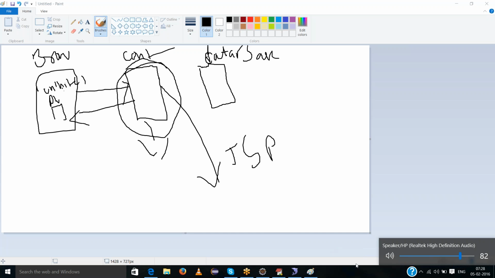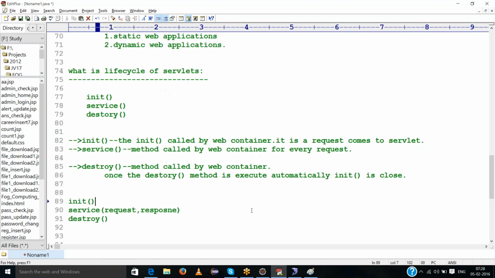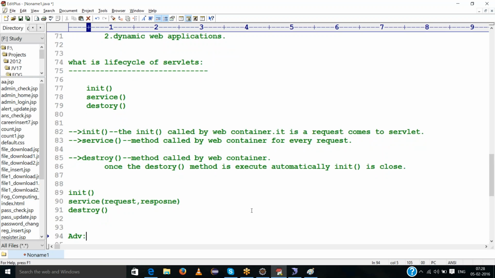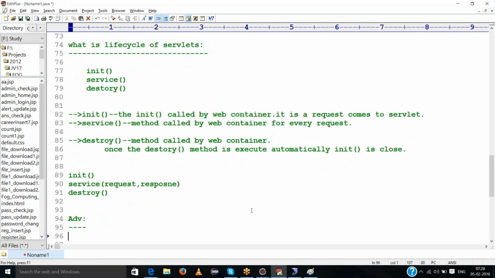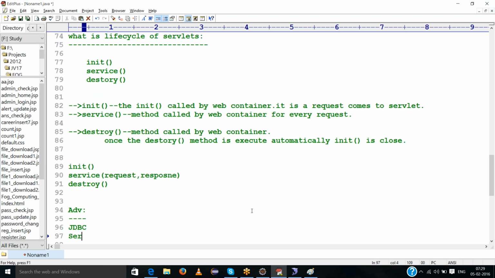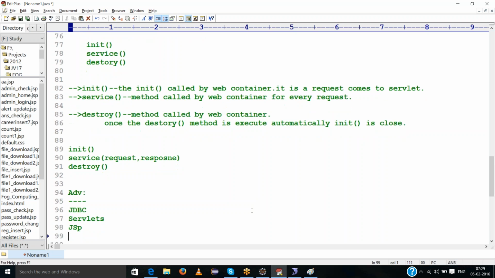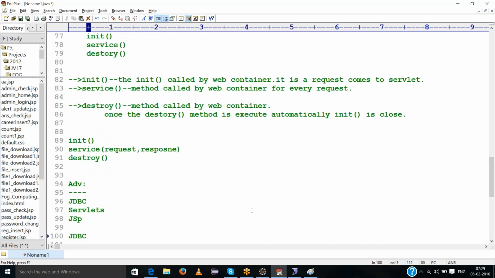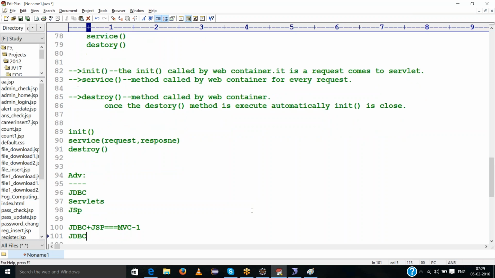Totally, there are three concepts in advanced Java that I am discussing: JDBC, servlets, and JSP. Here, JDBC plus JSP is MVC1 architecture.